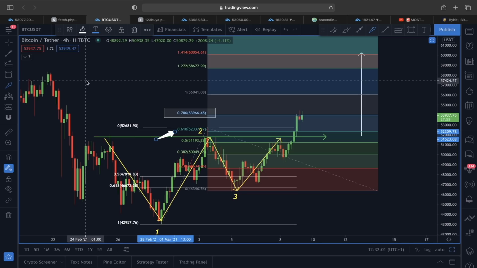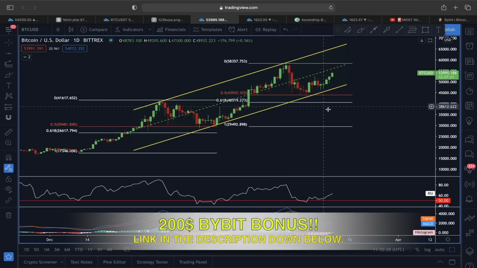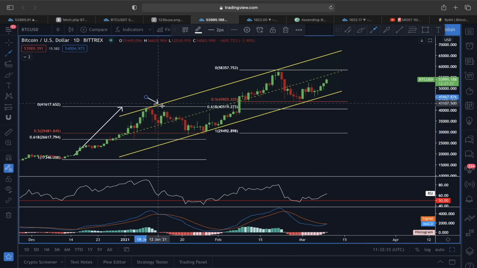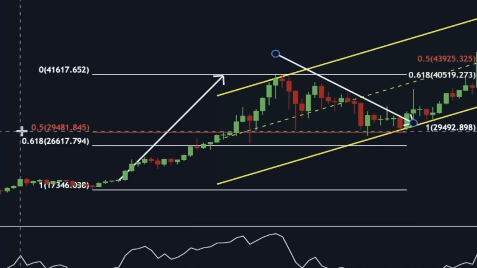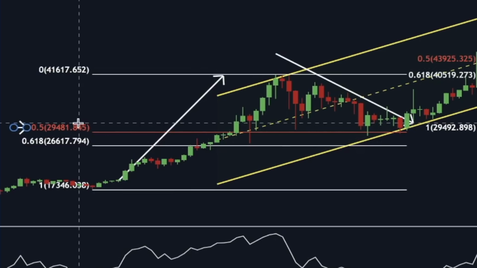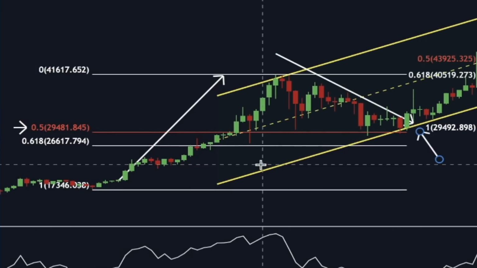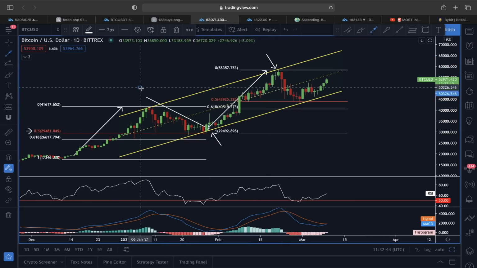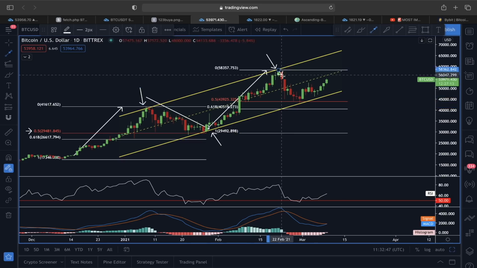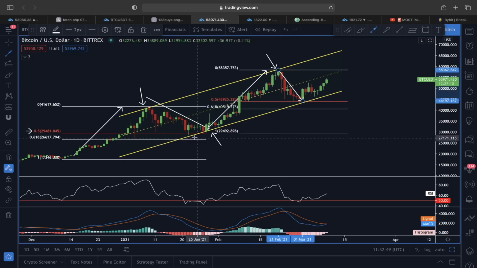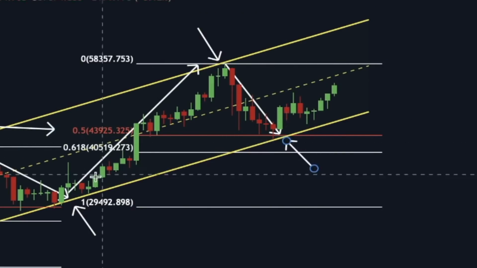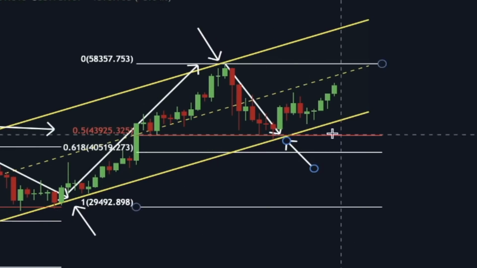But if you also look at this in a daily time frame, you can see here, in a daily time frame, we have already talked about this price structure. I told you guys, with every impulsive move, corrective move, right, this corrective move ended exactly after reaching the 0.5 Fibonacci retracement level and also the lower line of this ascending channel. After that, we had another impulsive move. We got a rejection just like here after reaching the upper line of this ascending channel, and we also saw a pullback just like here with the previous Bitcoin price action, and this pullback also ended exactly at this 0.5 Fib retracement level, found support at the lower line just like in the previous example,